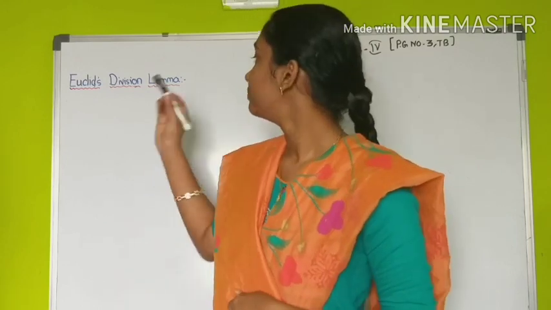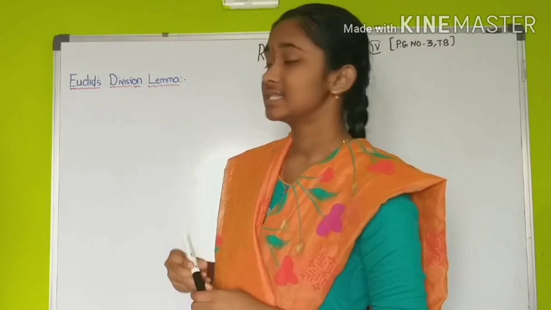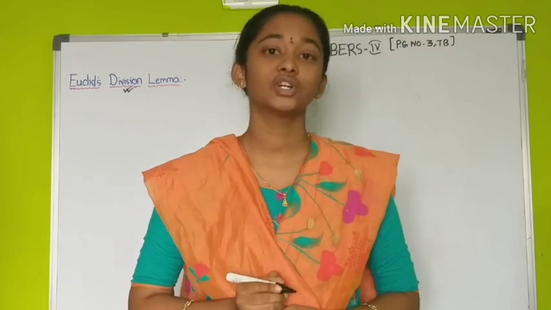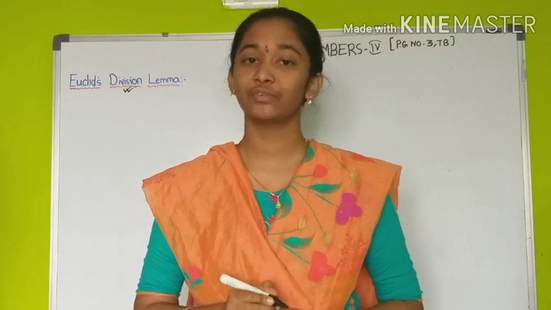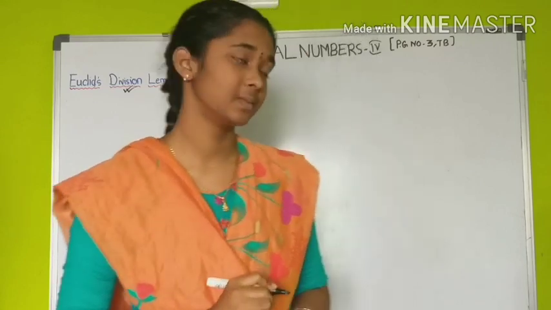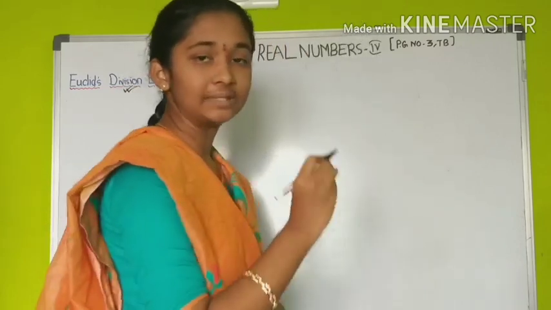And now, by the name Euclid's division lemma, we can see that this is somehow connected with division. So first we learn the fundamentals of a division, and then we learn the definition and solve some problems of "Do this" and "Think and discuss" on page number 3. Let us take an example, 18 by 6.